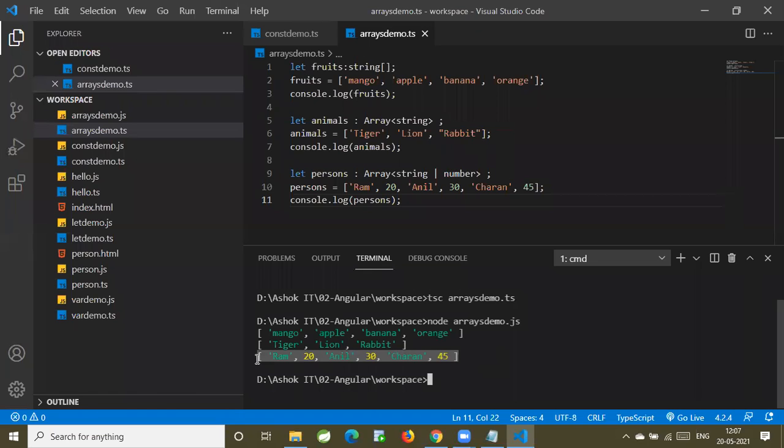Ram 20, Anil 30, Charan 45. My array can store either string or numbers. Can we achieve this in Java? Yes or no? We cannot. Got it? Whatever you feel are the drawbacks of arrays in Java, those are not